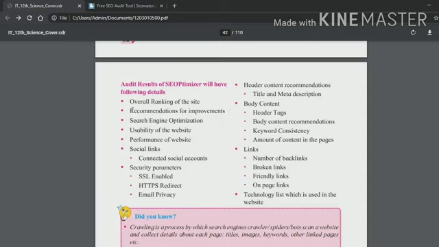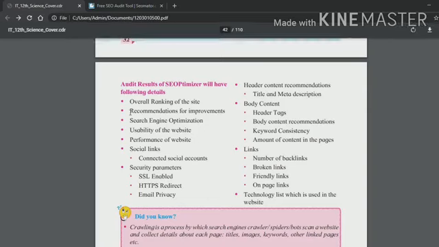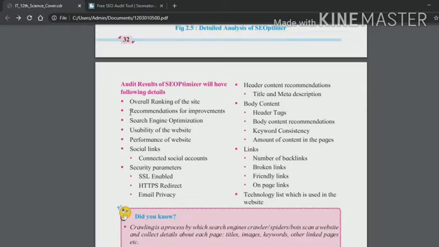Here, some suggestions and recommendations are given by the SEO audit to improve our site. Then search engine optimization, usability of the website, then performance of the website, social links, connected social accounts.